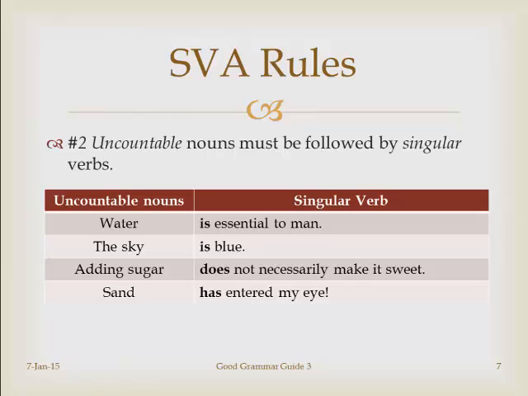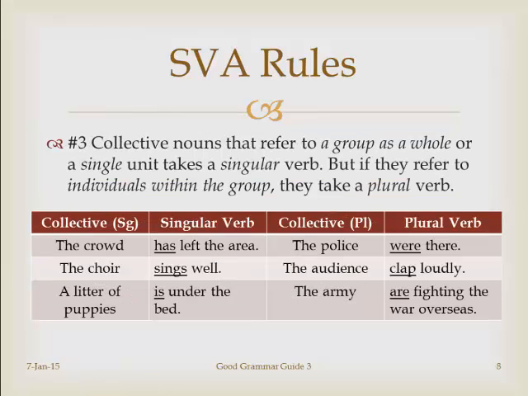Moving on, we have other rules, like uncountable nouns. Nouns that cannot be counted. Well, these kinds of nouns must be followed by singular verbs. Uncountable nouns like water, sky, sugar, and sand, you can't really count. So you take singular verbs like is, does, and has. Another rule